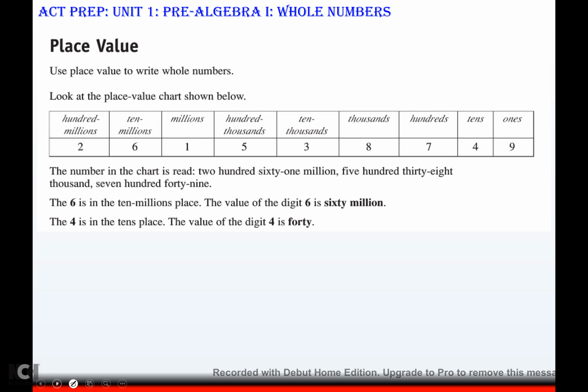All right, so we're going to talk about place value. If you look at your place value chart, your first digit, or actually the last digit, is in your ones place. And then your tens place, and then your hundreds place, thousands, 10,000s, 100,000s, millions, 10 millions, 100 millions. And then this over here would be billions. And you could keep going that way. All right, so this number would be read